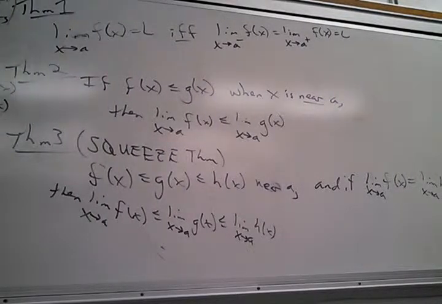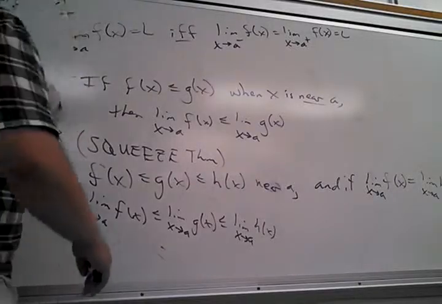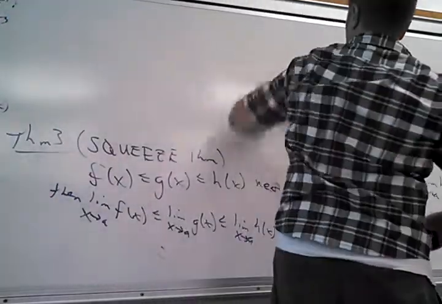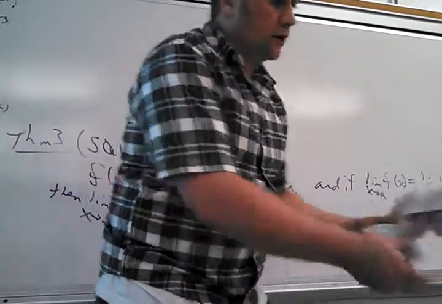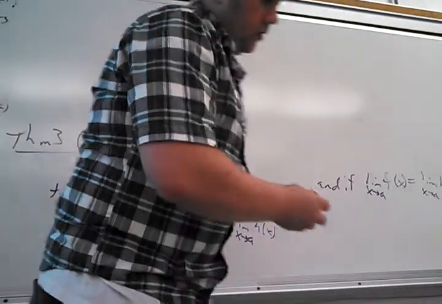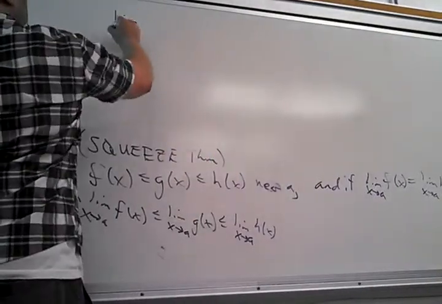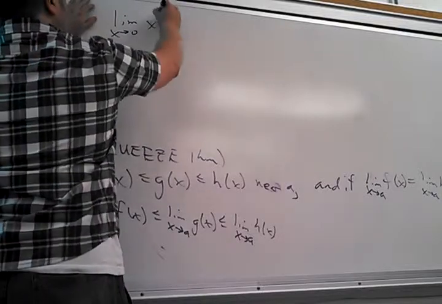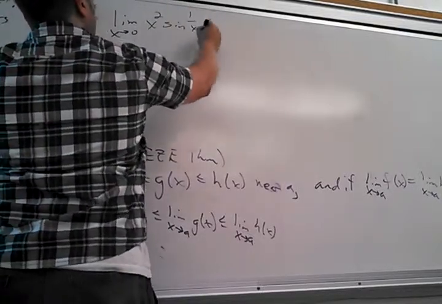I'm going to erase the first two theorems. Is that cool? That's cool. And again, you really shouldn't write all this down. It's in the book, and it's written better in the book. So here's one example. I'll use the example here. And you start to see what's got to happen with the kind of problems you can use this on.